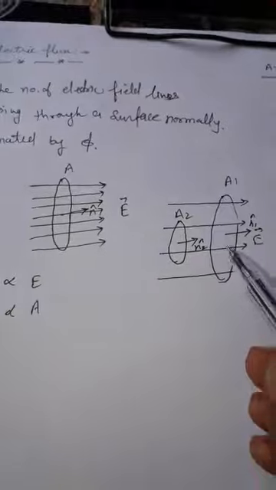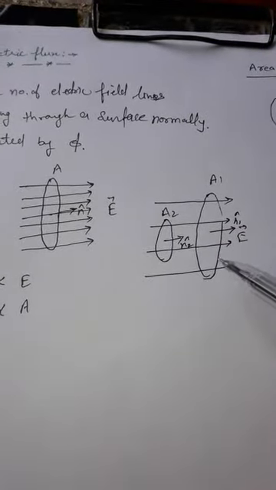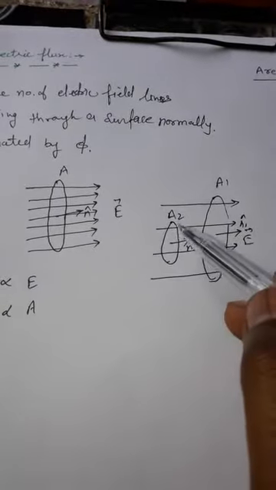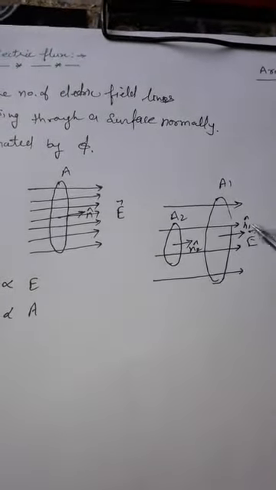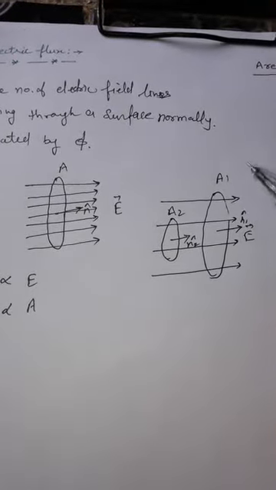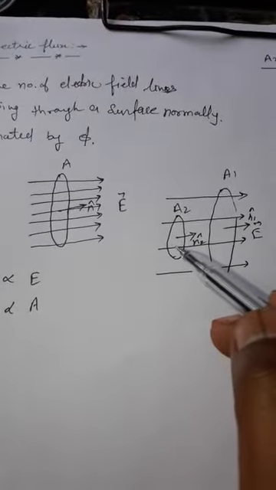So it is clear that through area A1 there are a large number of electric lines passing normally, and through area A2 there are a lesser number of electric field lines passing normally. So the flux through surface A1 is greater than the flux through surface A2,